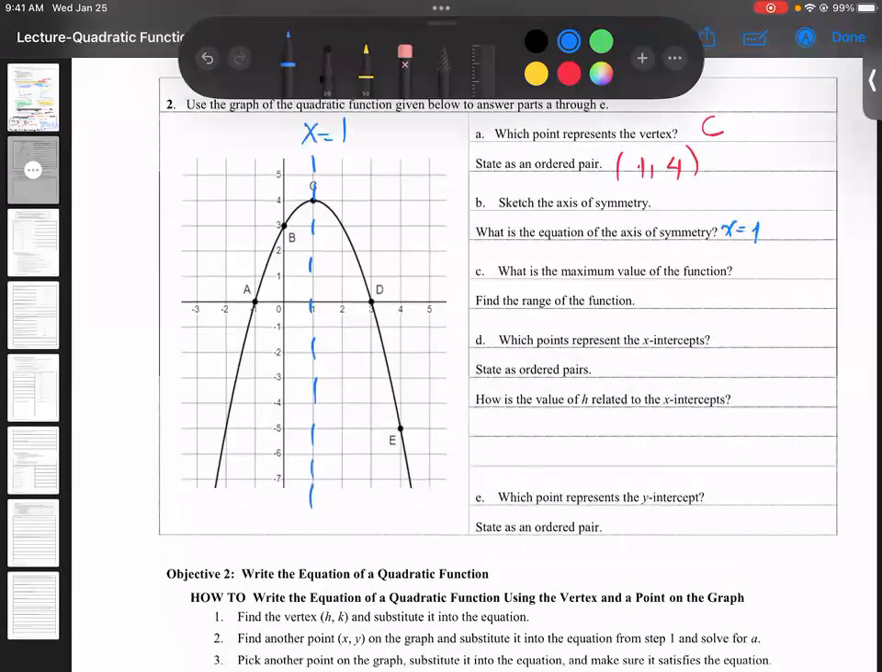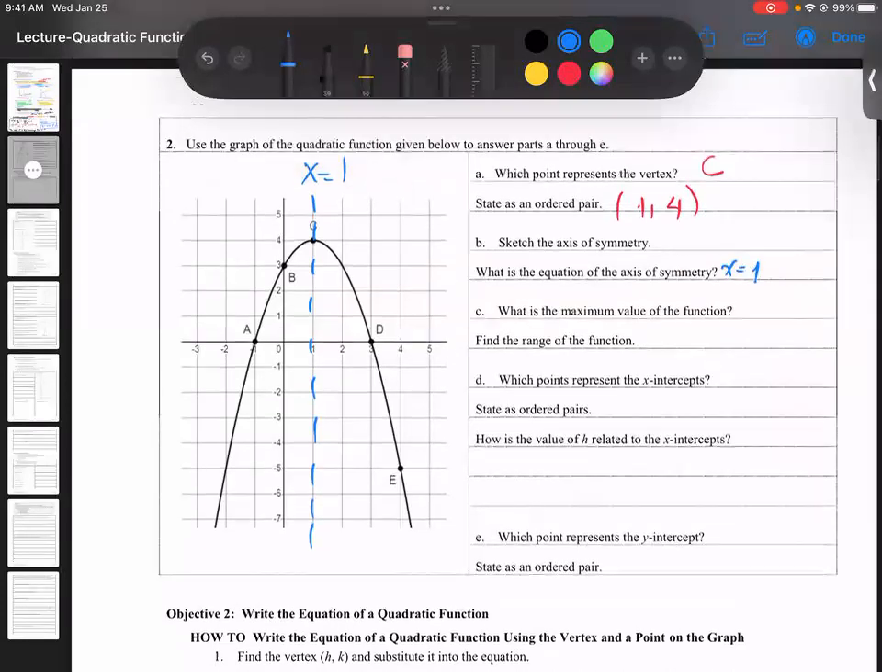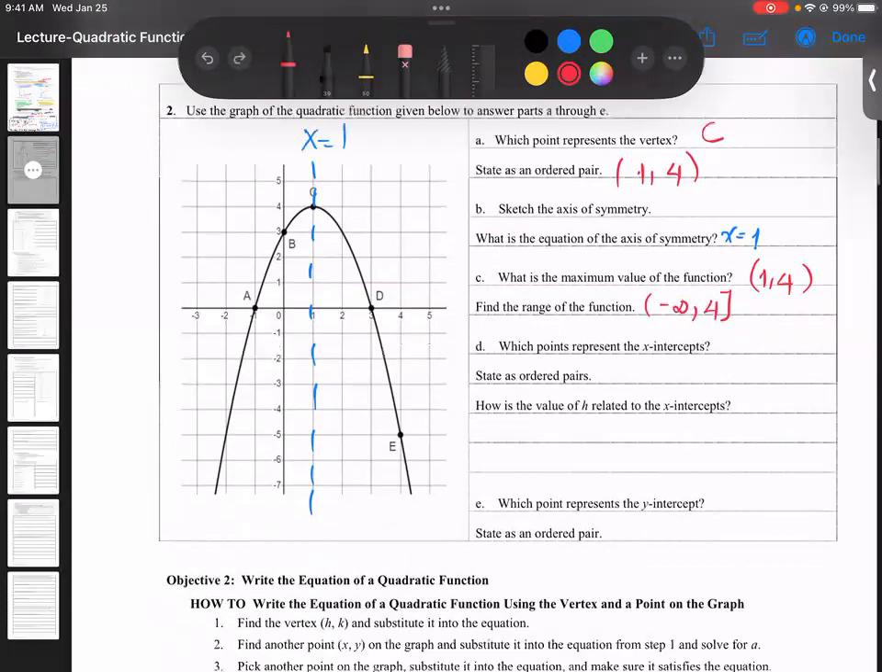What is the maximum value of the function? (1, 4). That's your vertex. Find the range of the function, from where to where? To 4. Should we put a bracket at 4? Oops, no, I don't need to box it. Which point represents the x-intercept? Very good. So (-1, 0). I want you to write the points out as ordered pairs, right? (-1, 0), and